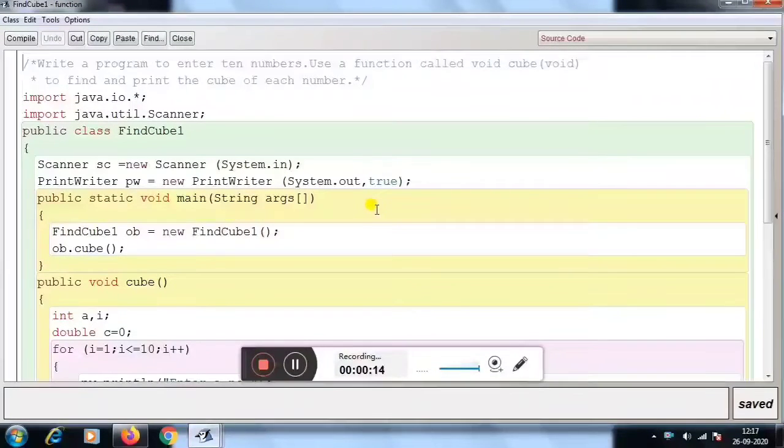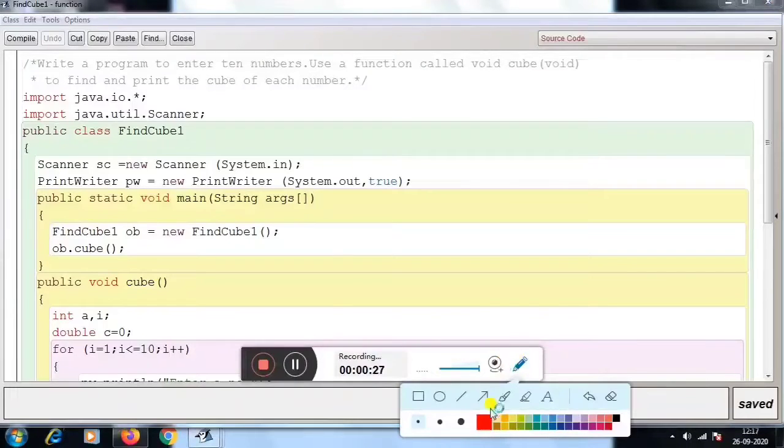See, the question is: write a program to enter 10 numbers. Use a function called void cube void to find and print the cube of each number. Here we will use the function void cube void. It means this function has no return type and no argument.